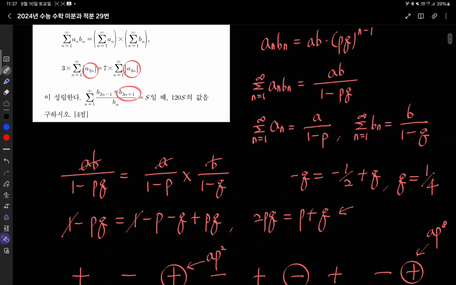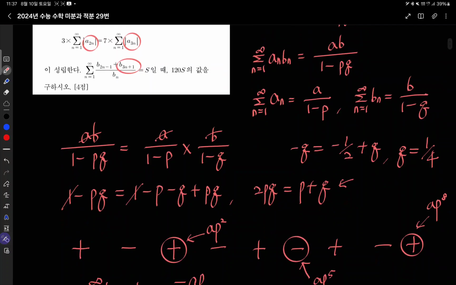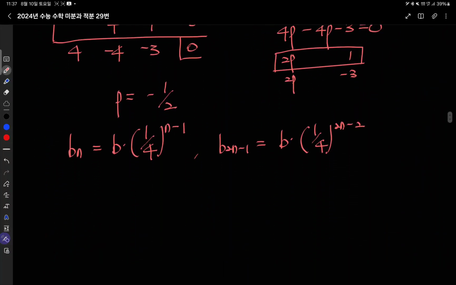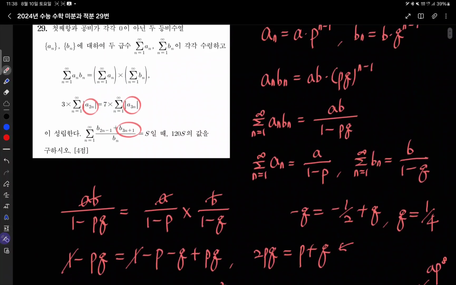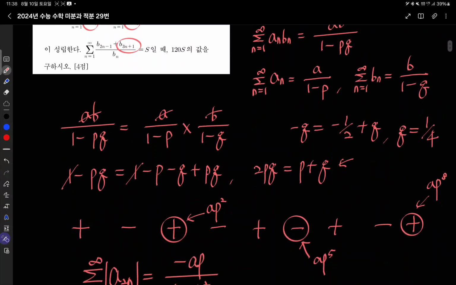And for the sequence B3n plus 1 is B times 1/4 to the power of 3n. So if we make this fraction,